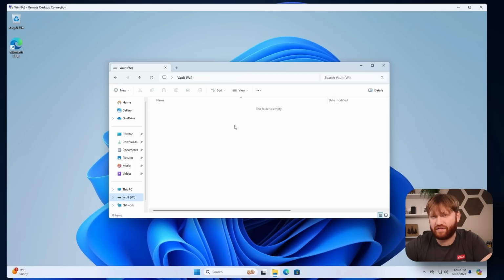What we're going to do now is actually create our shares. Now you can create shares basically anywhere on your system, and that's really helpful if you're not doing something like this. You can make a share just in your home directory, in your documents, whatever you want to do. But for this case, we're going to create a couple in this vault, which is what I'm going to have people be able to access.